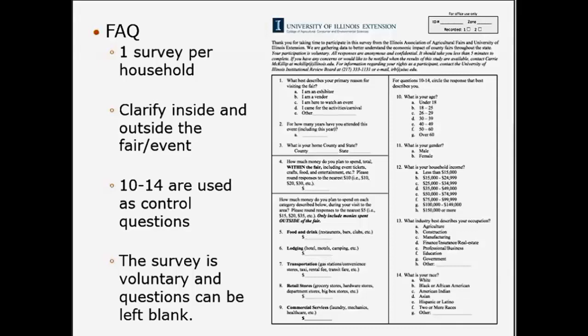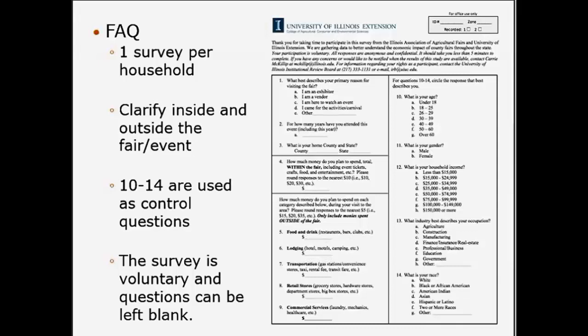And so those are the types of things. We're looking at kind of a $5 increment on both of these, 5 or 10, whichever is the easiest for them. So we don't need any cent values, anything like that, because if that comes in, I'm just going to round it anyway. But so that's a brief overview of the survey.